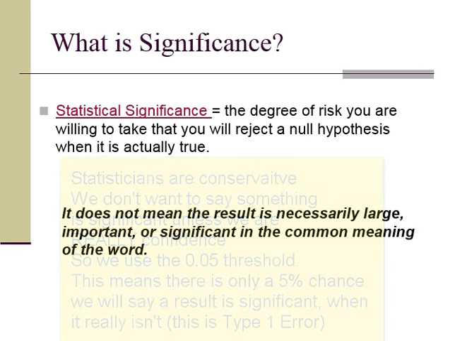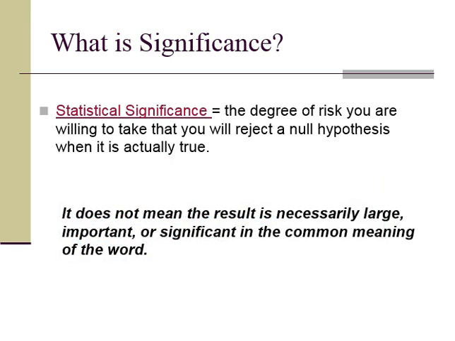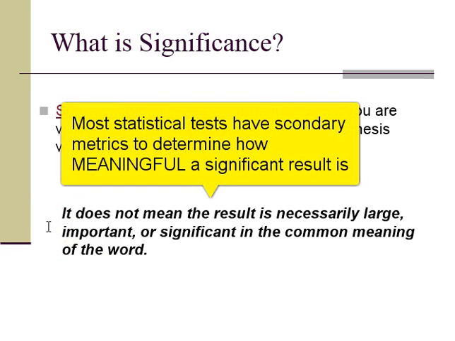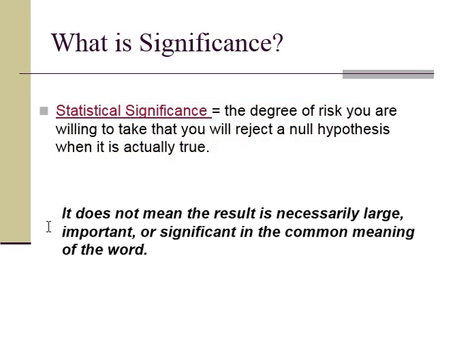What's the degree of risk you're willing to take that you're going to say there's a significant result when in fact there isn't? One thing that statistical significance does not mean is that the result is particularly meaningful, right? And again, this comes back to the power of your test. You might have a really powerful test, a lot of observations, and your design is perfect. You've controlled for all these other variables, and you may find a significant result, but that doesn't necessarily mean that it's ecologically meaningful. Right? And so there are additional tests that will usually follow beyond the p-value to try to assess how meaningful a result is.